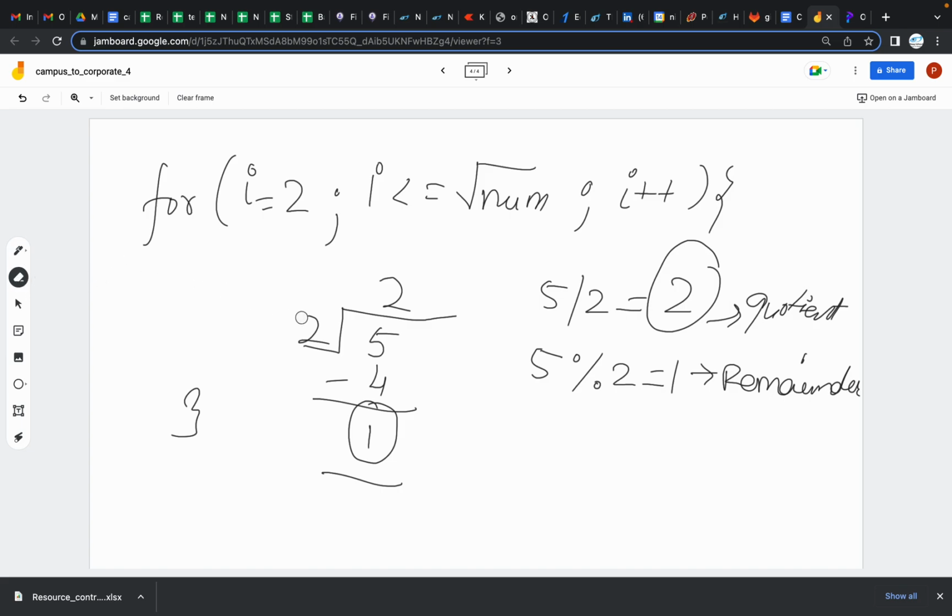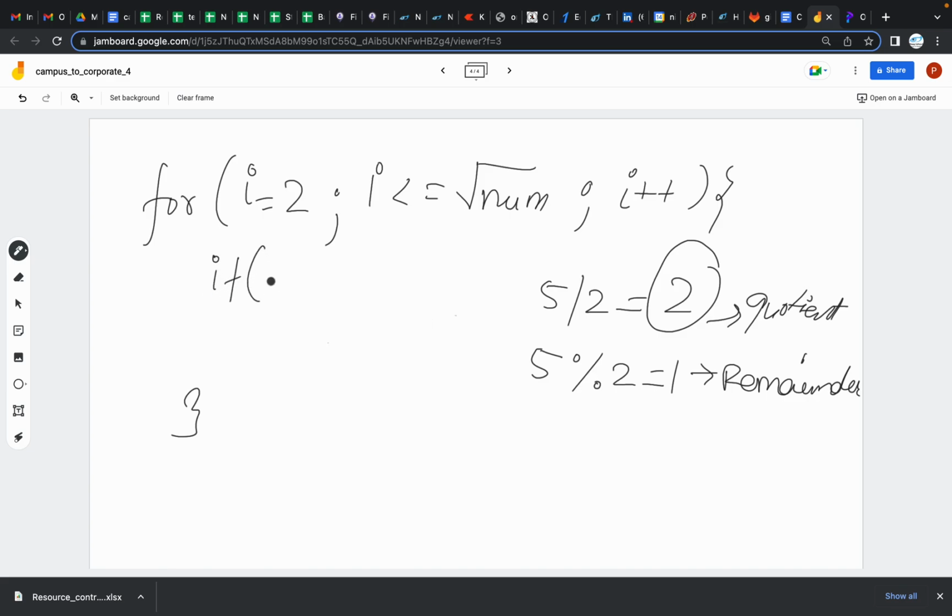So here what I'll do, if a number gets divided by I and results in remainder 0, that means it's divisible by I. So if I say if number mod I is equal to 0, that means it's not a prime number, right? Because we are not considering the extreme conditions. We are not considering 1 and we are not considering the number itself. So if in between, it gets divided by any number,